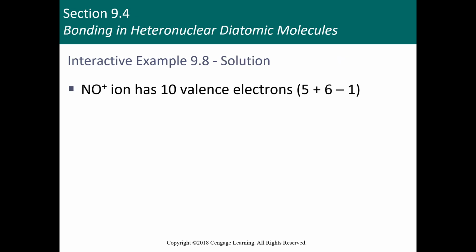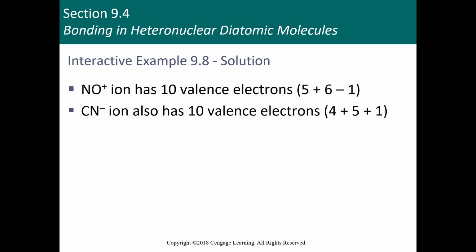Okay, so first off, we're going to do the NO+ ion. This has 10 valence electrons. That's 5 from nitrogen, 6 from oxygen, and then minus 1 because we have a plus, which means that we've lost an electron. The CN- ion also has 10 valence electrons in this case,